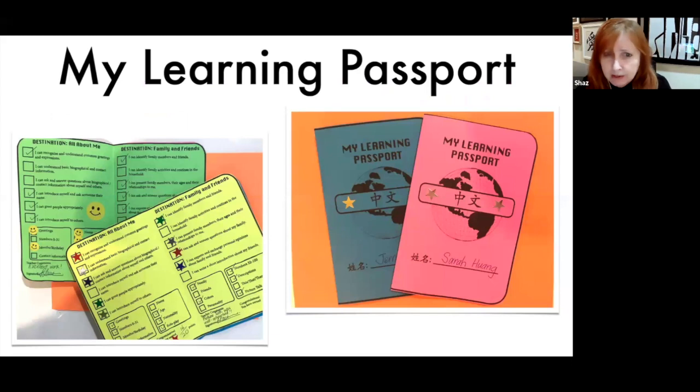I make learning passports. So at the beginning of a PBL, I put up the learning outcomes of things that students will be able to do. And then as they complete them, I put a little star on their passport, and I usually sign them and I send it home to the parents. So that's also a good way to monitor students and look at their progress as they're going through the PBL unit of work.